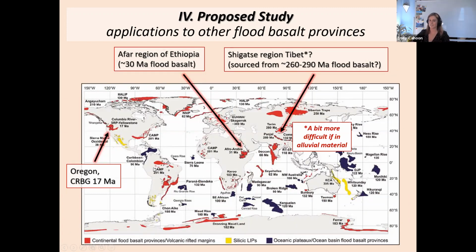So to highlight and finish up, Oregon has sunstones. They're hosted in the CRBs, specifically the Picture Gorge. There's discrepancy with ages. We don't know if the copper went in magmatically or hydrothermally, but it's in the youngest flood basalt, where Ethiopia is the second youngest flood basalt at about 30, and some of these other regions, China, Tibet, where